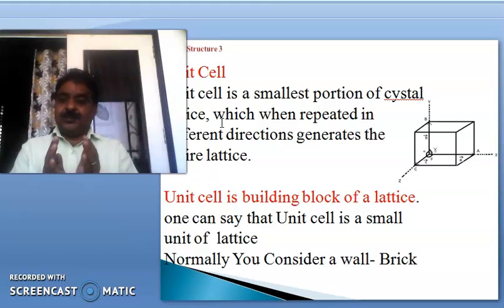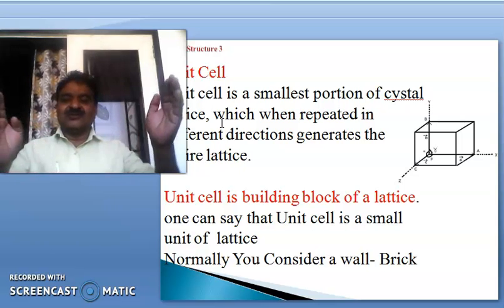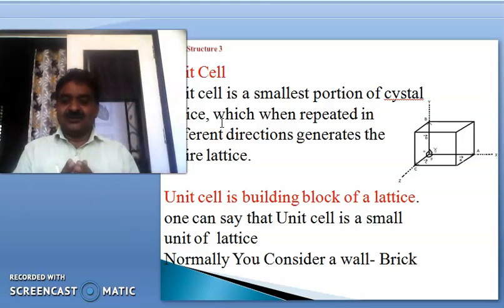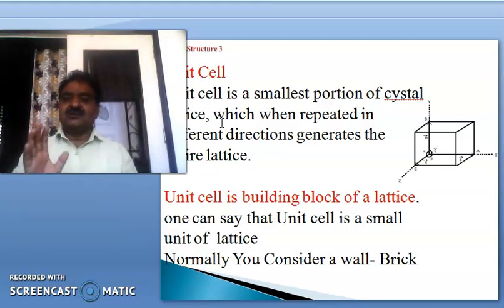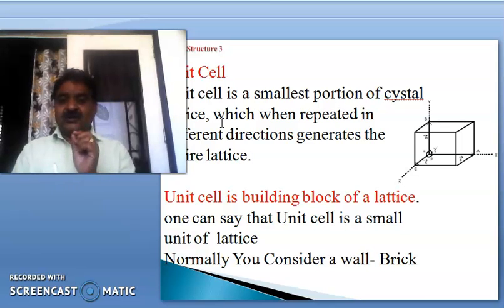So you take a brick, and these bricks expand in all directions to construct a wall. So the smallest unit of the wall is said to be a brick. Likewise, in our solid state, in crystal structure, we have to carefully